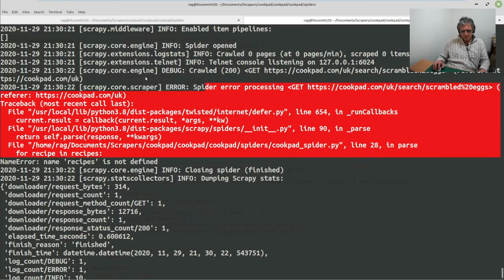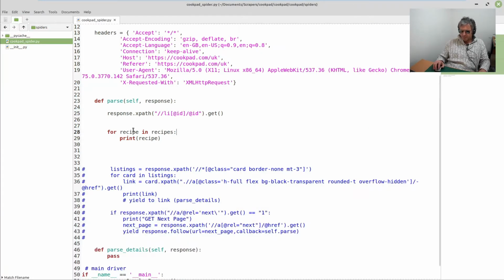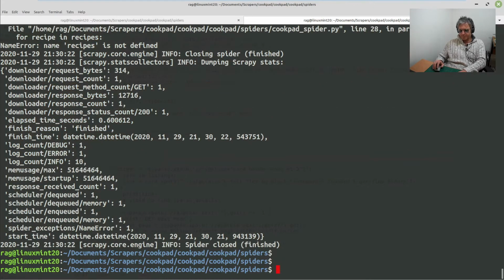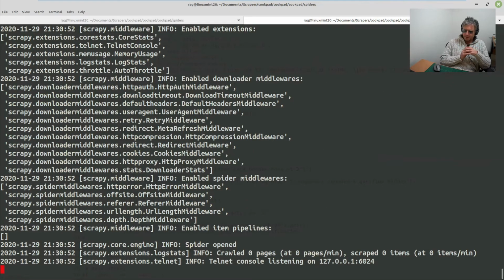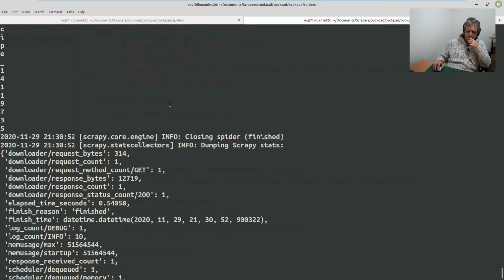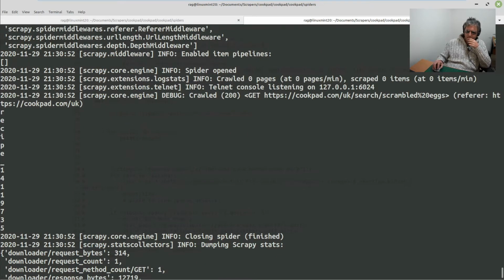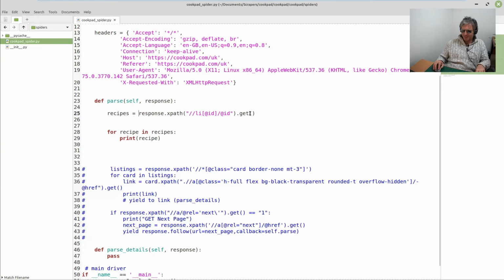Recipes is not defined. Okay. Recipes equals response.xpath. This one again. Ah, come on. Here we go, run it again. We should... Oh. Okay, yeah. Let's do get all. That should make us a list, and then